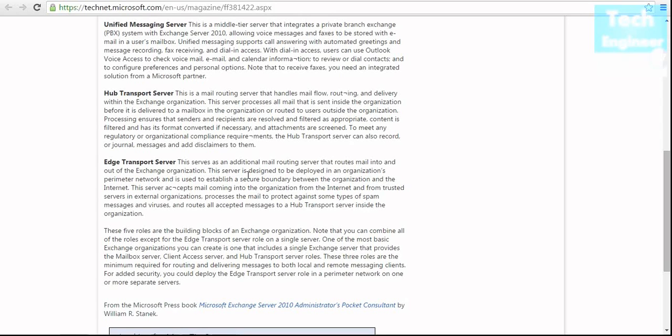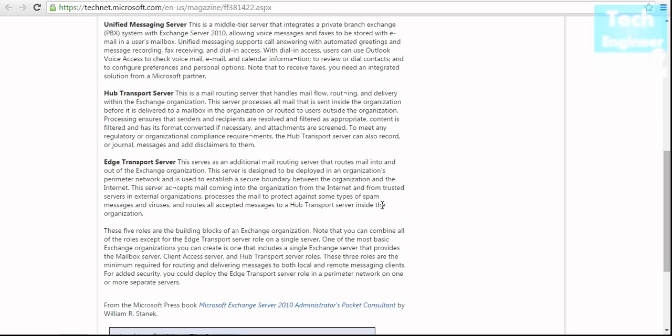This server is designed to be deployed in an organization's perimeter network and used to establish a secure boundary between the organization and the internet. This server accepts mail coming into the organization from the internet and from trusted servers in an external organization, processes the mail to protect against some types of spam messages and viruses, and routes all accepted messages to the Hub Transport